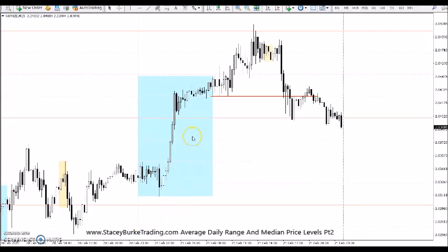So we got 50, 100, 150, 200 pips. If our average daily range is 180, again, we may have missed the low of the day in Asia. We may have missed the middle of the move in London. But as we get towards the end of that 200 pips, we're underneath the double zero box. It's consolidated and gone sideways.